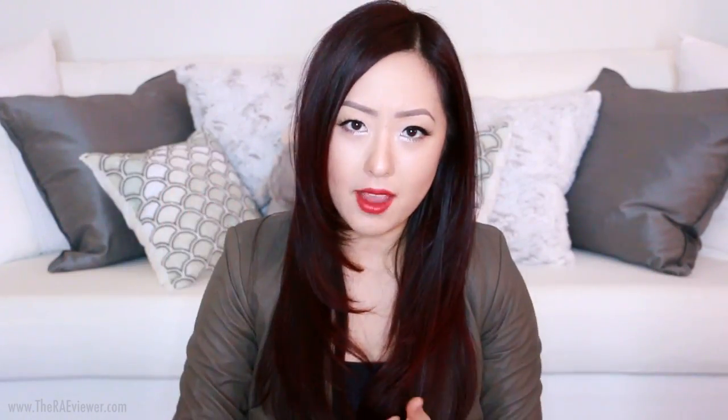But first I just wanted to talk to you about my new hair color. So it may or may not be hard to see since it is a deep berry toned color. So we just added on to my red that I had before. So the red ombre had faded and it was more of a coppery red, so we boosted it back up